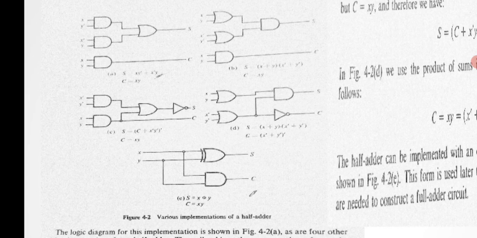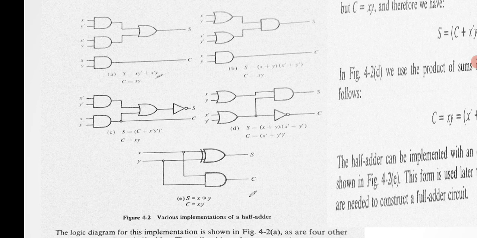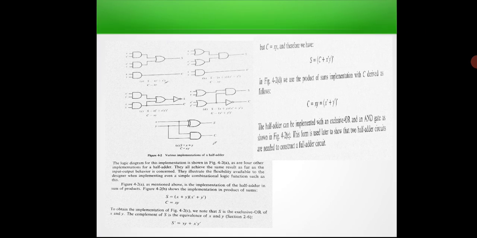Okay, so this is some of the information they have given, along with the expressions and the circuits. So these are some of the various implementations of the half adder. The half adder can be implemented in the following images. So these are some of the concepts I just wanted to discuss in this particular video. In the upcoming video we will see how exactly you can build the full adder circuit. Okay, so this half adder circuit, full adder circuit, and all these things are required for building a combinational logic circuit.